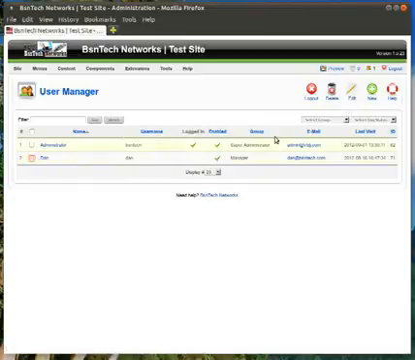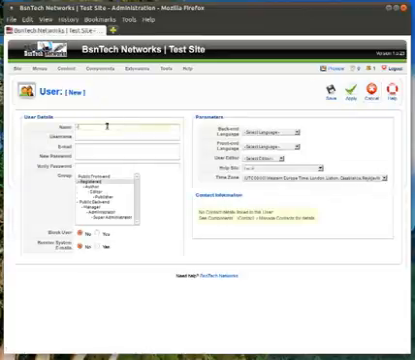To create an account, you simply come up here and click on New, and then you put in their name. So I'm going to say test user, username of test, email address of testing this at bsntech.com, or whatever their email address is, and then of course you can just put in whatever password you would like. Now down here again, this is the group that they would be part of that allows them to